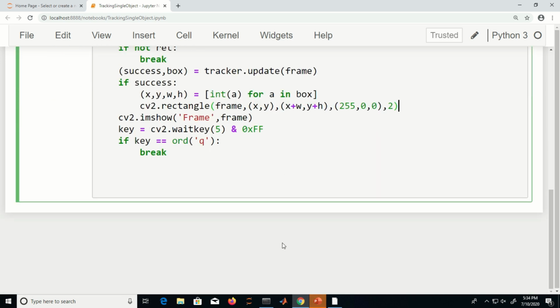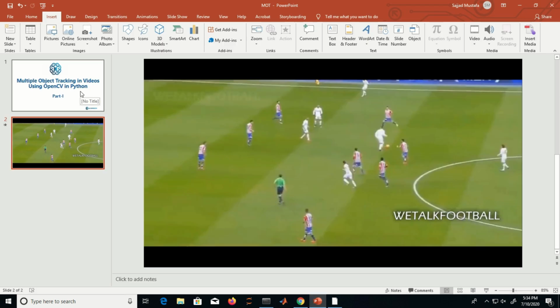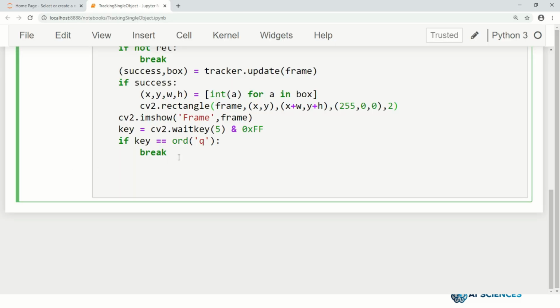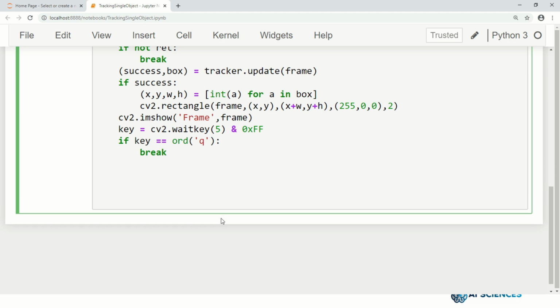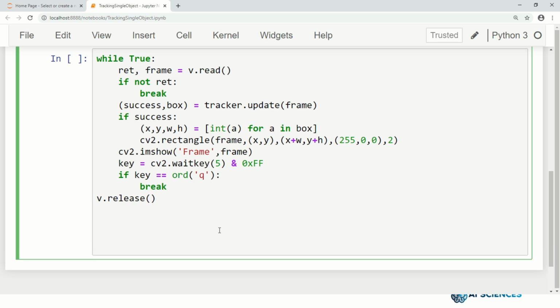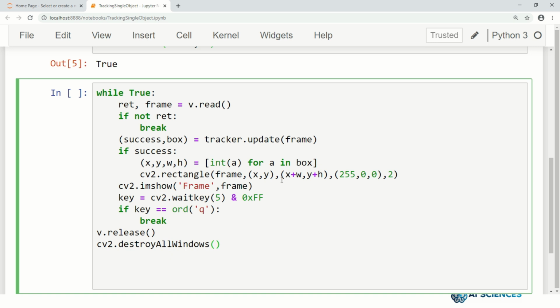So let's see what happened here. Yeah, so that's the basic setup. We are really close now to finishing this. After this loop breaks, what we want is to release the object. We want to release the video stream object, and we want to destroy all the windows. So when we run this code, the expectation is you will see a red